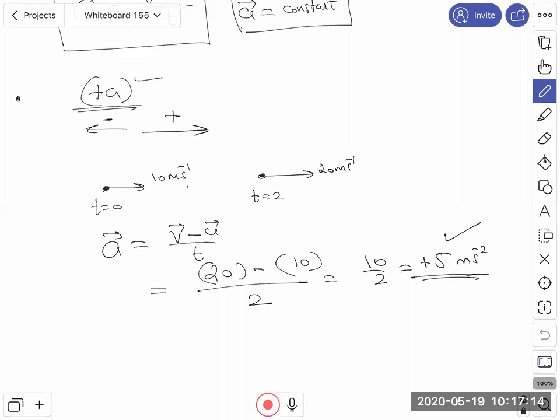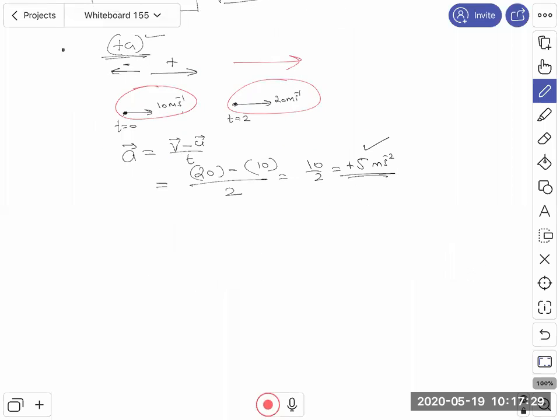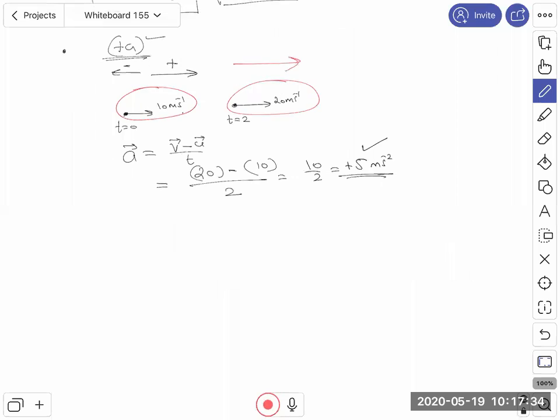अब इधर देख सकता है particle का speed increase हो गया. Speed of particle is increasing along the positive direction. So that is the meaning of positive acceleration. Same thing, if the speed of the particle is decreasing along the negative direction, that is also considered as a positive acceleration. That means if you are considering that there is a particle which is moving towards left with a speed of 20 meter per second when t is equal to 0, and when time is equal to, let's say, 2 seconds, its velocity becomes equal to, let's say, 10 meter per second.